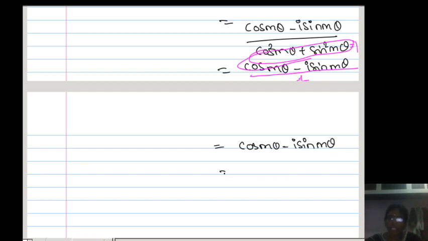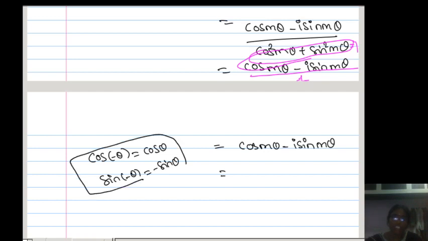So simply write. Now you already know one more property, that cos is an even function and sin is an odd function. What is the property in trigonometry you studied? Even function means what? Cos of minus theta is equivalent to cos theta, cos is an even function. Sin of minus theta is minus sin theta, is it? By using these relations, I can simplify this.